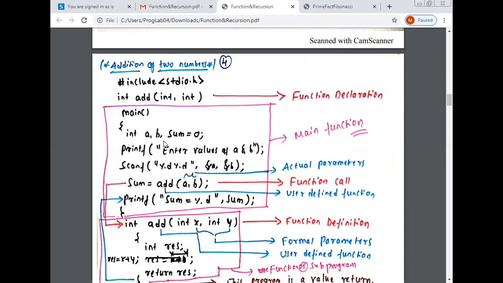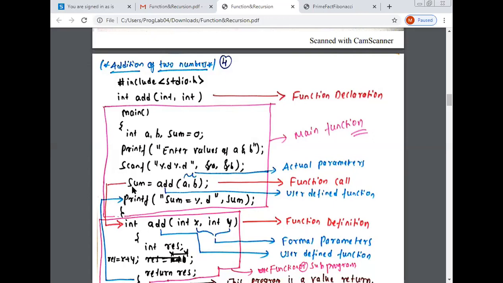Now you write the main program. main() open curly brace, int a, b, sum = 0. Here also you write some local declaration. Then you write the printf statement, enter the values of a and b. Then scanf("%d %d", &a, &b).